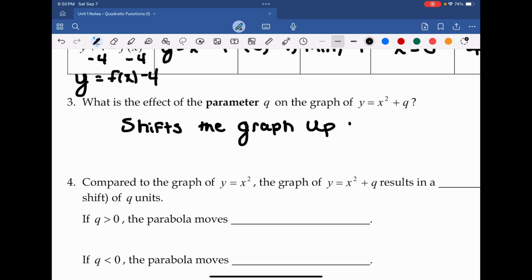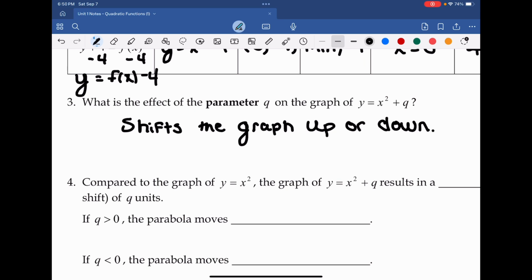Either up or down. Now, shifting it up and down, that's not really the formal terminology for it, but shifting up or down, that's a description of the visual. What we want to do is right in this part 4 here, compared to the original function y equals x squared,